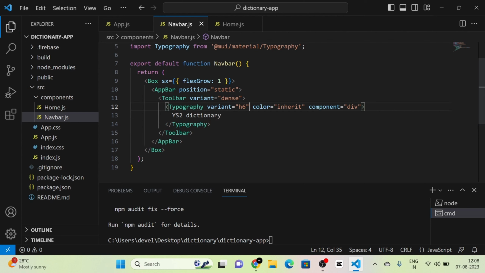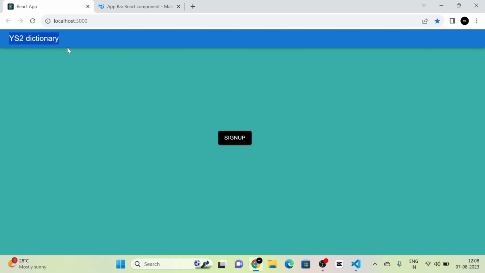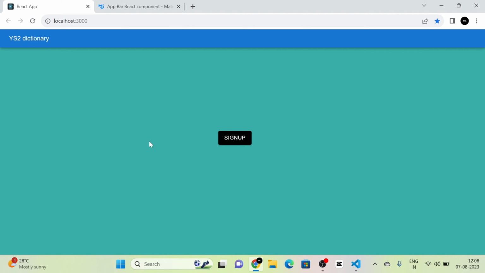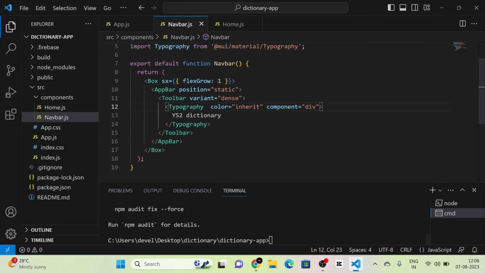and also I am removing this variant. So when I give the name S2 dictionary, you can see it here. I'm going to remove that variant, then the size will be much reduced. Okay, it is fine now. Then I'm removing this also, and here I am giving the color of that app bar